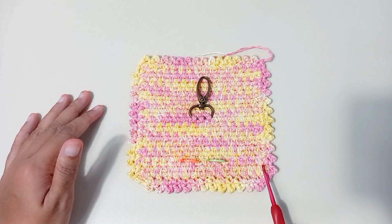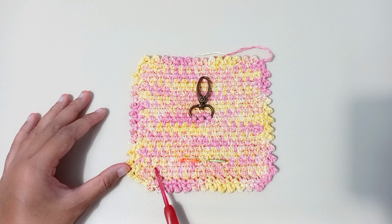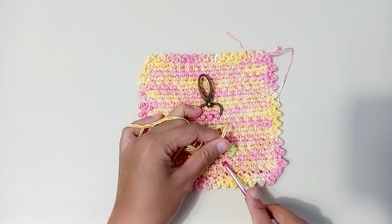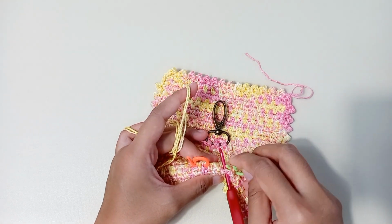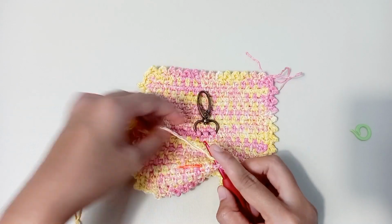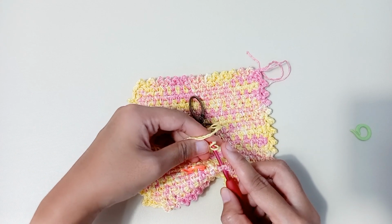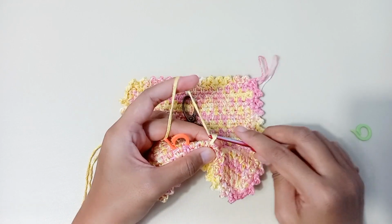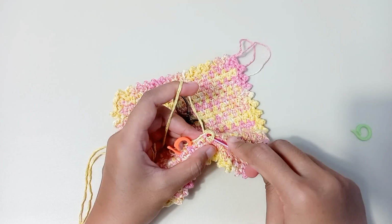On your third row, count 6 chain 1 spaces from your right side and your left side and put markers on top of them. Insert the hook into your first marker like this. Remove the marker and then insert the yarn. Chain 1, this is our turning chain, single crochet into the same space,